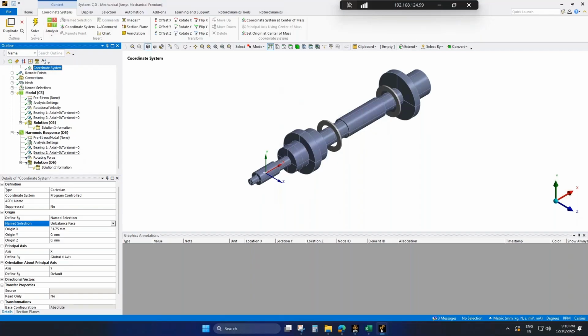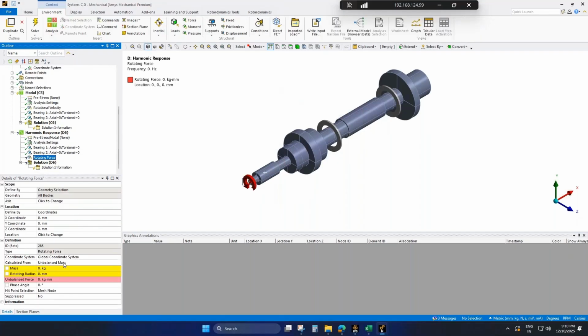Coming back to the rotating force window, we can specify the coordinate system, and I will specify the unbalanced mass as 0.001 kilograms or 1 gram, and the eccentricity as 1 mm.